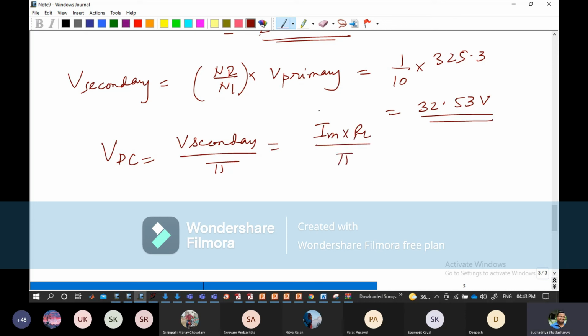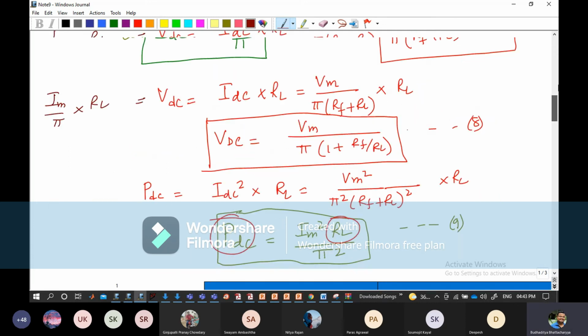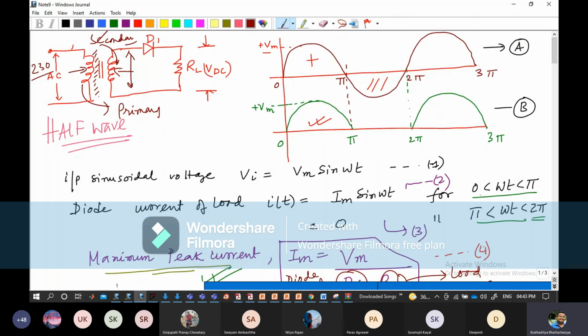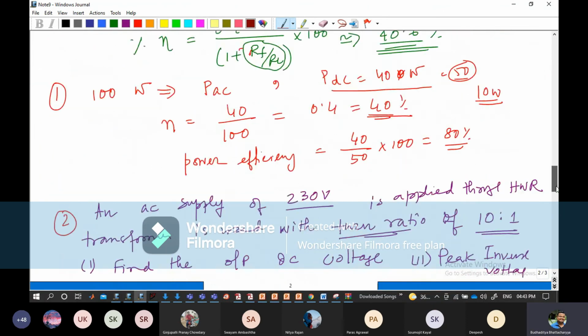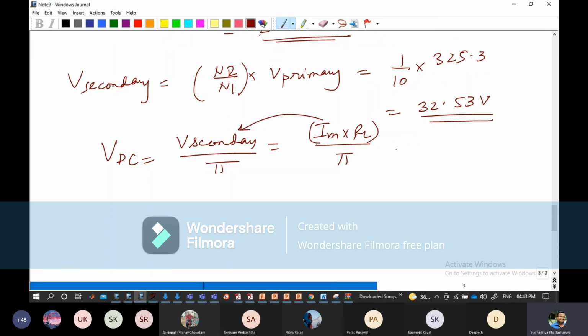So this part is equivalent to the secondary voltage, because secondary voltage appears somewhere here. That is basically the current flowing in this segment of the circuit. So if I write that, 32.53 divided by pi, which is around